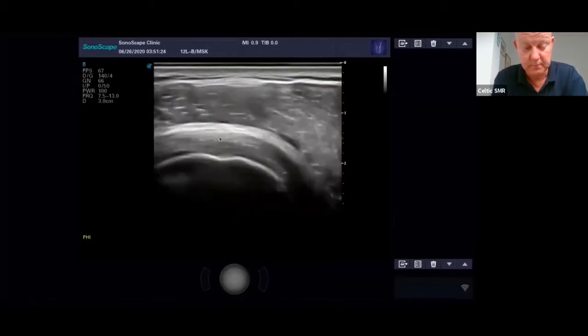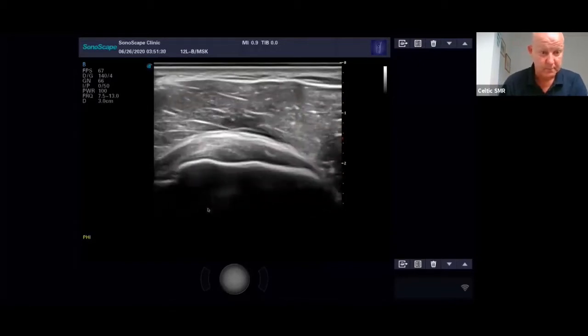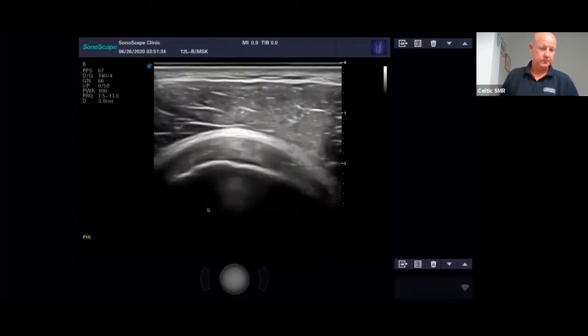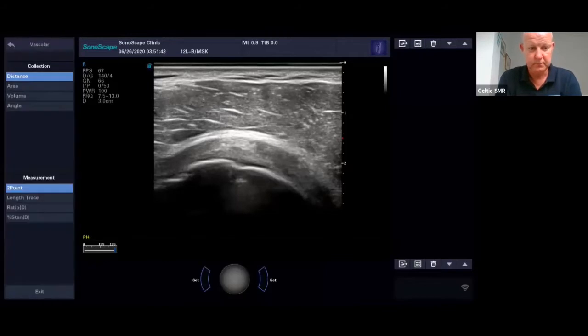Okay. And do you want to maybe put the calipers on it while you're there, actually? And, have we measured anything yet? No, I mean, our calipers, I don't tend to measure. I tend to eyeball it, and if I think it's thickened, I mean, let me go. Hold on a second. Where's my measure? There it is. I mean, you could potentially measure it, but you know, you're going to measure in different places